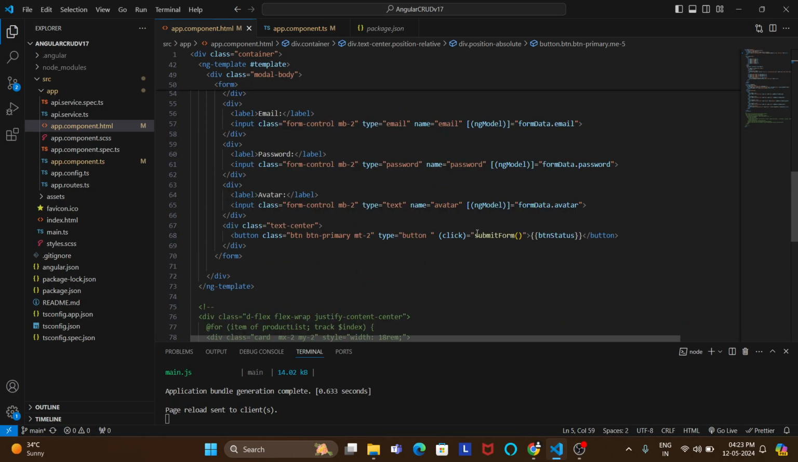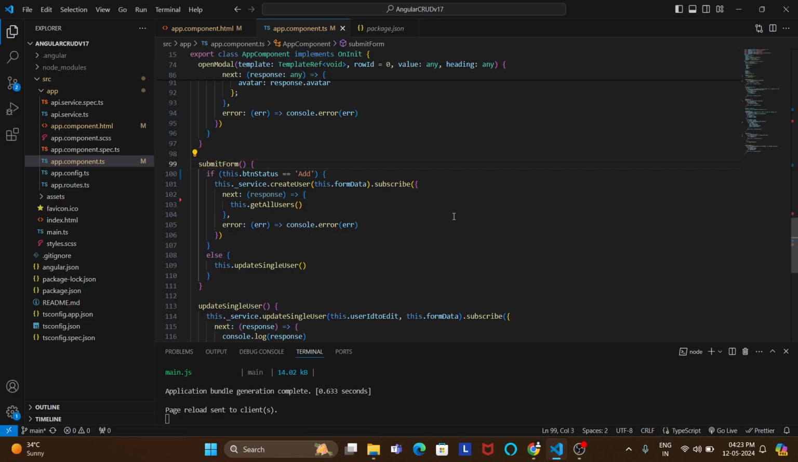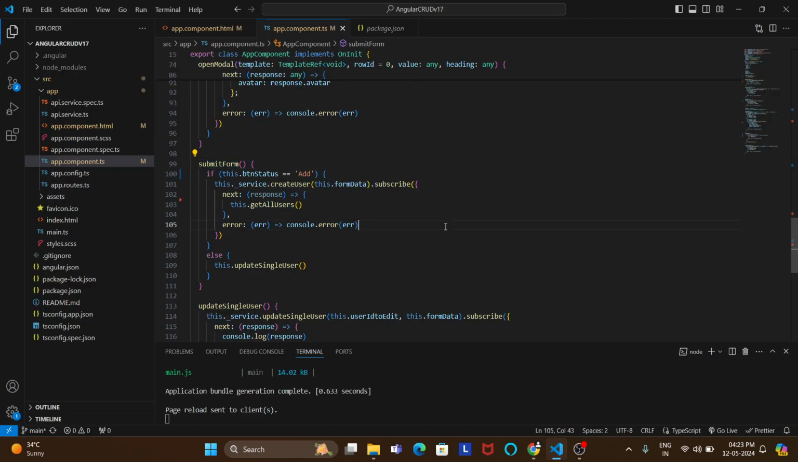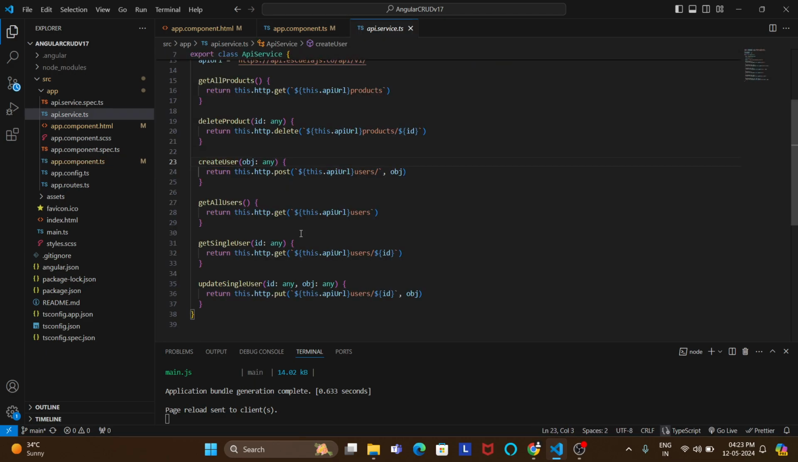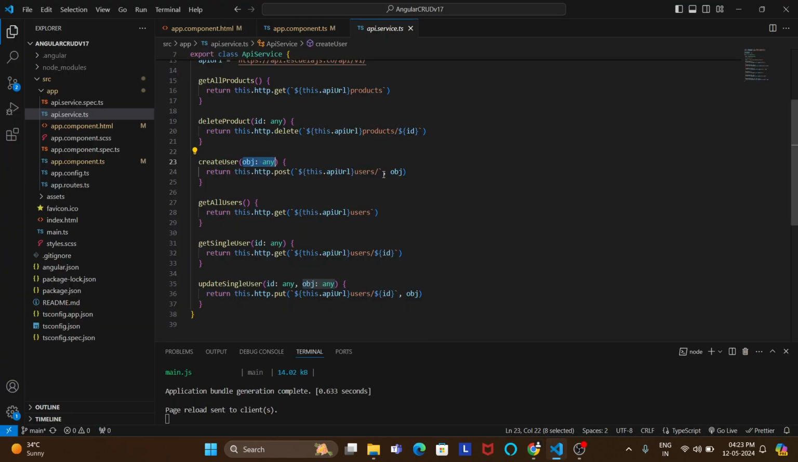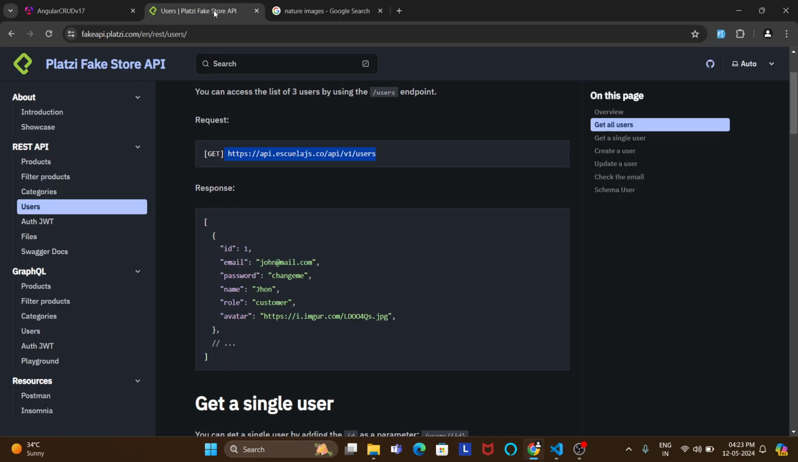Whenever you click this add button, this method will be called, submit form. So I will check the button status. If it is add, I am going to call the service, which in turn calls the create user API endpoint where I need to pass the object. This is the data I have collected from this modal. I need to pass it to this API. You can see here